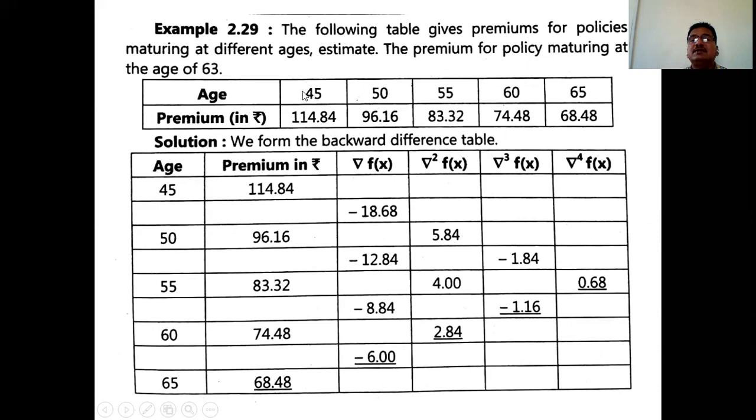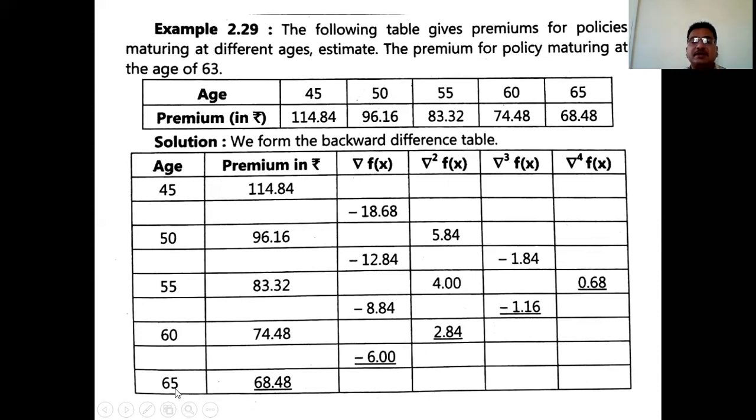So write the first row as the first column, that is the values of x, the second row as the second column, that is the values of y or fx, and then del fx, del square fx, del cube fx, del raised to 4 fx. The values of x or values of y are 5 in number, and therefore the last column is del raised to 4. And then write this minus this at this place, this minus this at this place. So the entries in the backward difference table and forward difference table are both same, and these values are important.